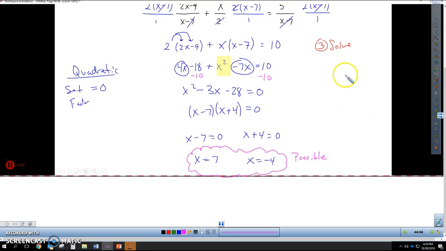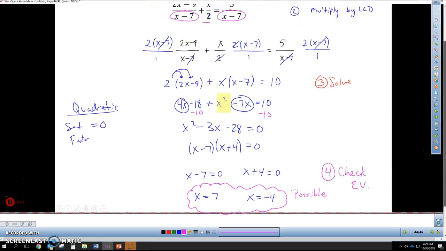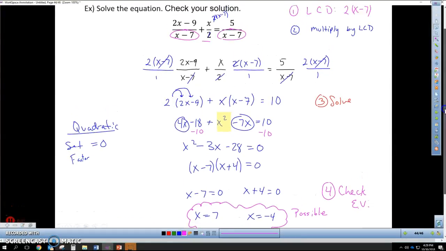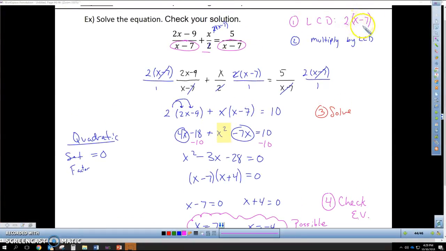So what we have to do here is check our excluded values to see if you have matches. If you have matches, then these solutions may be extraneous. So I'm going to go up here to my LCD. My LCD is 2 times x minus 7. So to get the excluded values,